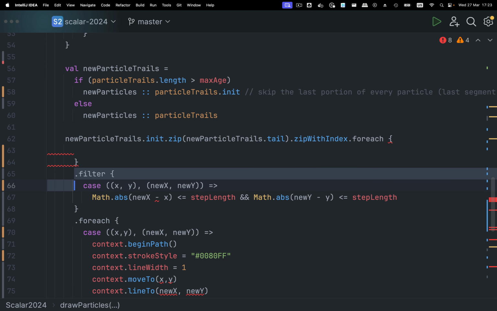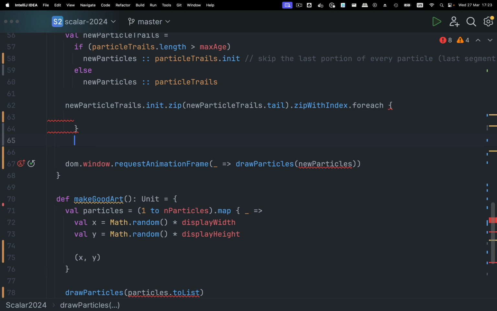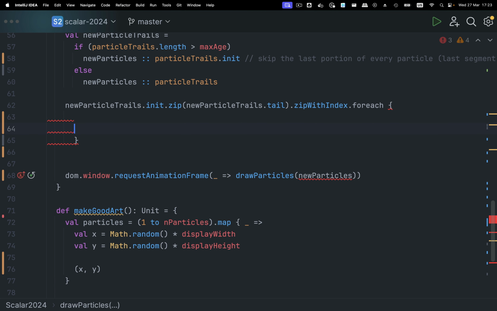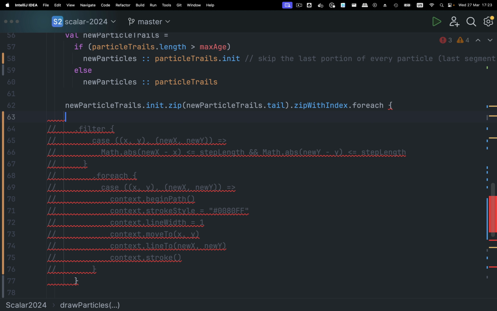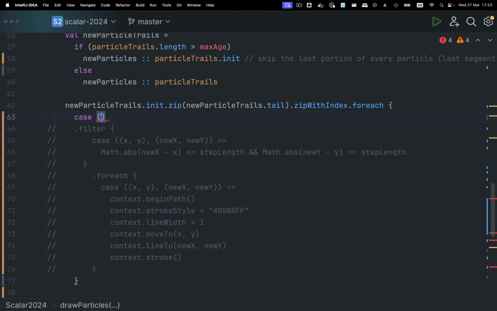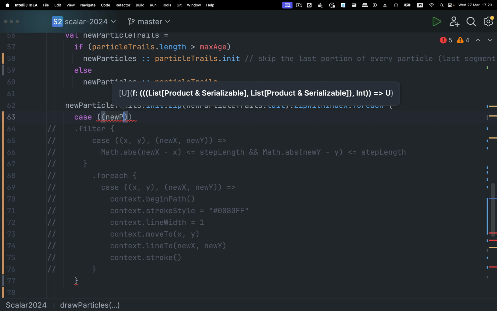And then I'm going to take the filter and the for each out. I'm going to cut that. I'm going to make sure that I paste it inside and comment that out. And in case we have a list of new positions, old positions,